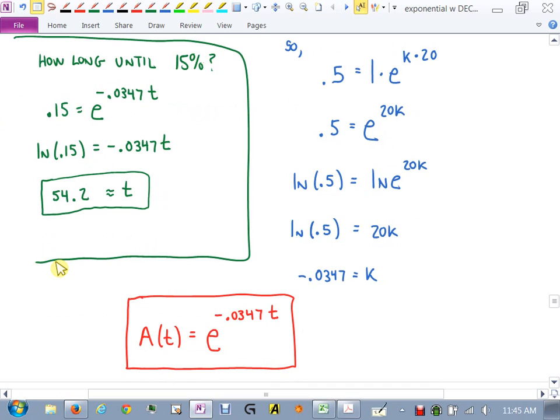Well, there's rounding issues on everyone. It depends on where you round. If you get 54 point something, you're okay. If you're getting like 72, something's wrong. You got 54 point something? Okay. So